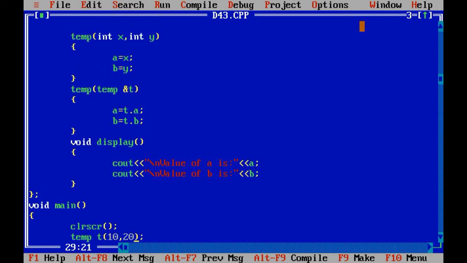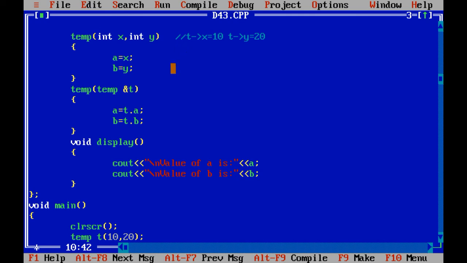Let us see in the program. See, over here we have written two variables. Now t of x equals to 10 and t of y equals to 20, right? How? Because we have passed with the object t. So when you call object t, in such cases both the values will come. The value of x will come, the value of y will come.